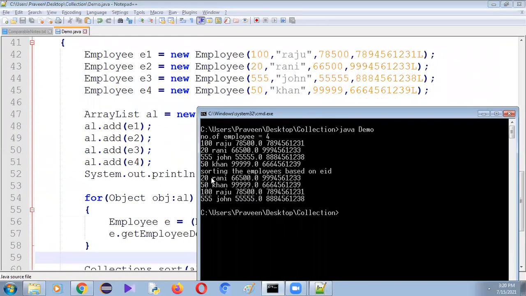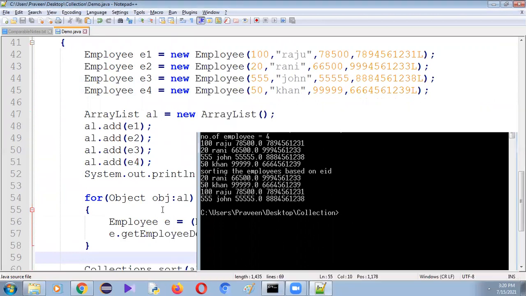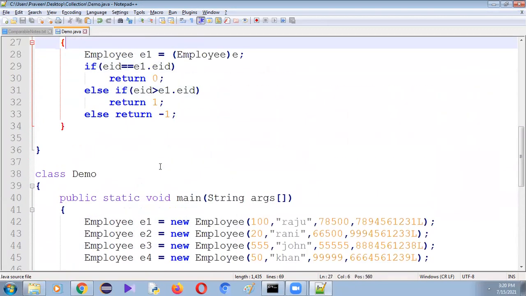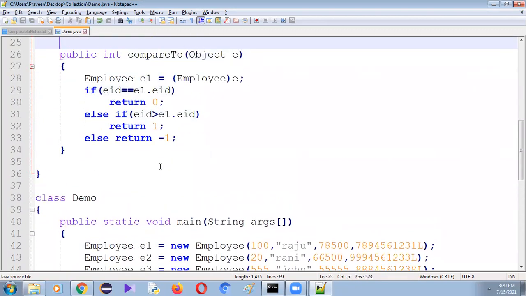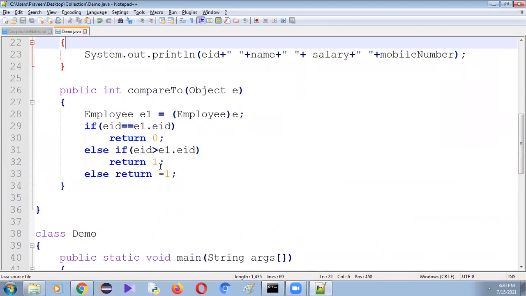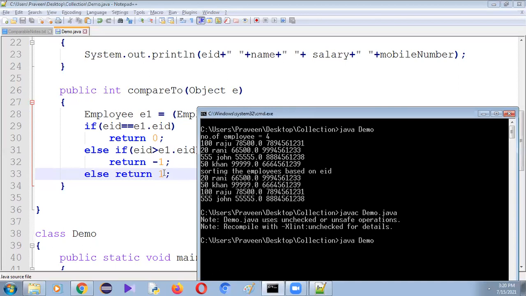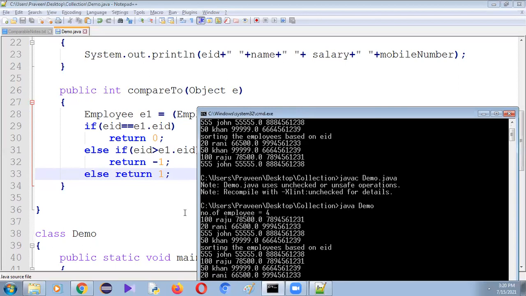Now, if I want to display the employee details based on employee IDs in descending order, what we have to do is just change the values like this. Here we have to give -1 and here we have to give +1. That's it. You can check it here. See, employee IDs 555, 100, 50, and 20.